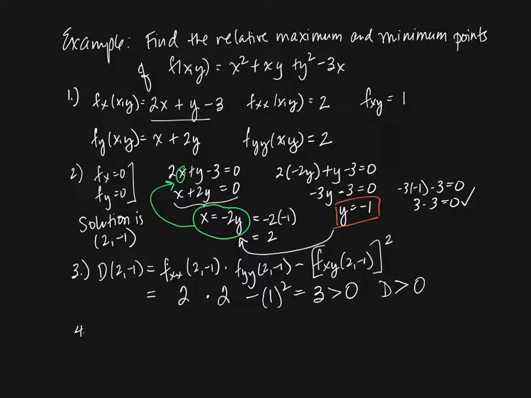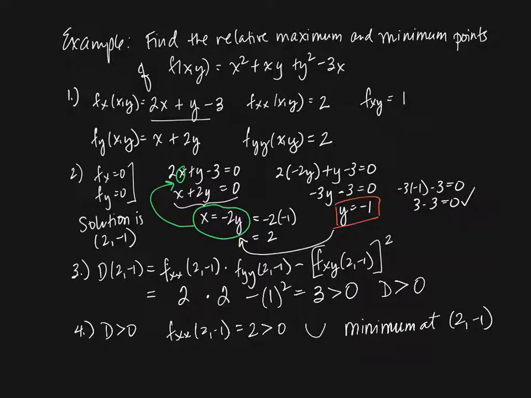So D being positive tells me we either have a max or a min, and we determine which by looking at the second partial, right? And if that is positive, that means concave up, we have a minimum, or if that is negative, then we have concave down, essentially, and then it's a maximum. But f_xx, the second partial with respect to x, is 2, so that's positive. So kind of think, positive means concave up, so that tells me we have a minimum at the point 2 comma negative 1.